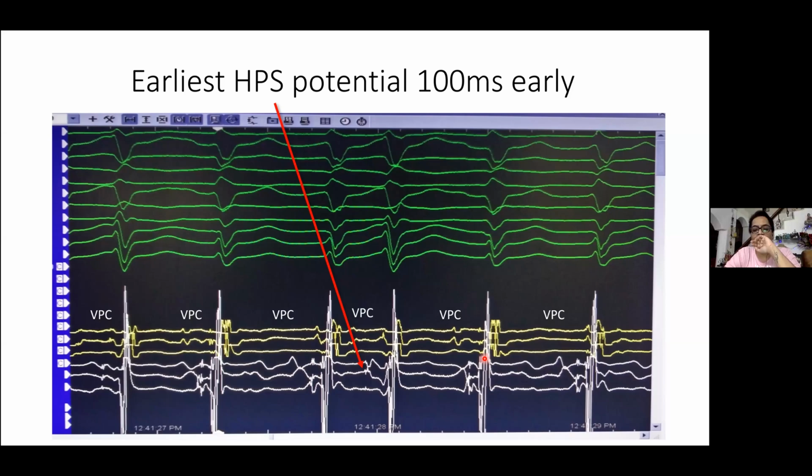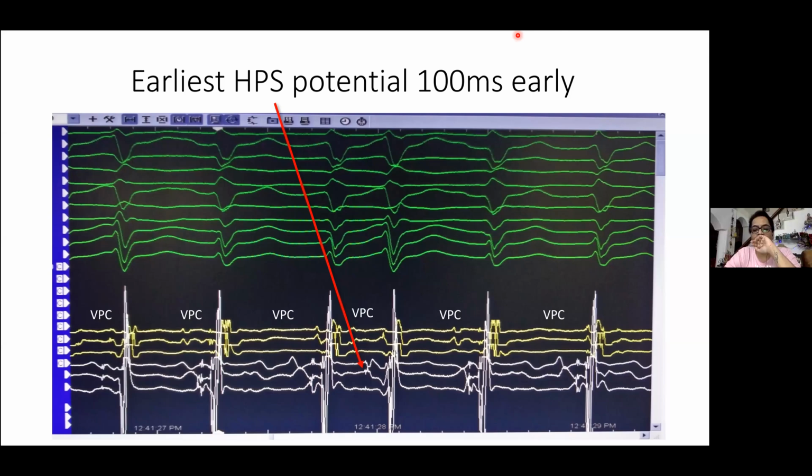If the frequency is 8% or 10%, then how would you ablate? You have to have it during the procedure, otherwise, how will you ablate? So during the procedure, it should come. You have to have a certain frequency. And these are mostly triggered activity. Right, delayed afterdepolarization and triggered activity.